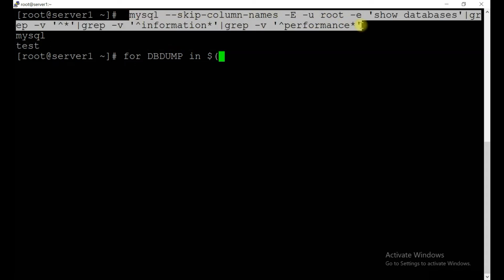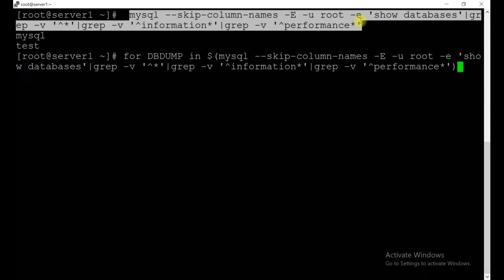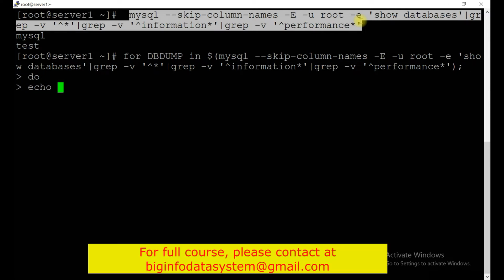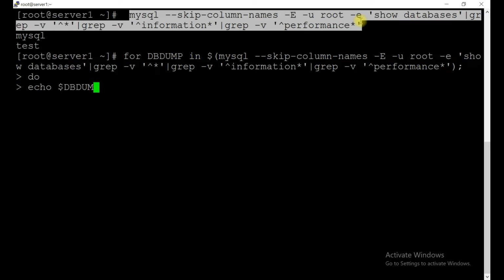This is my purpose, to get this inside and do echo. Let's see first what value we are getting. So it should be $db dump and done. You can see the output is similar.